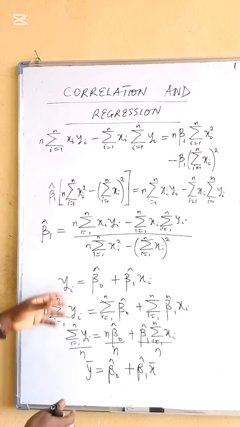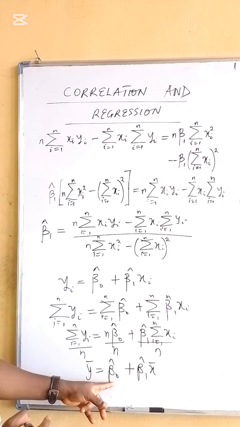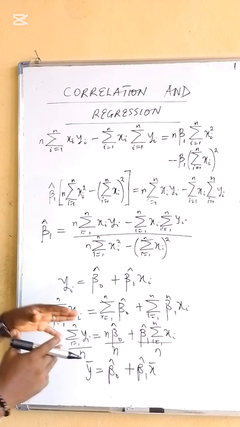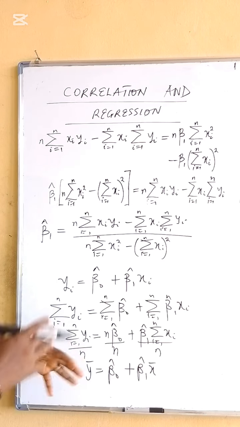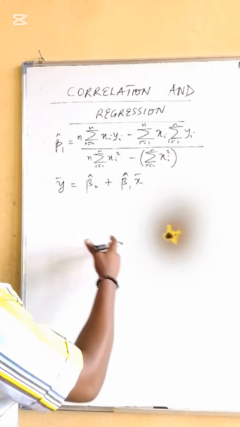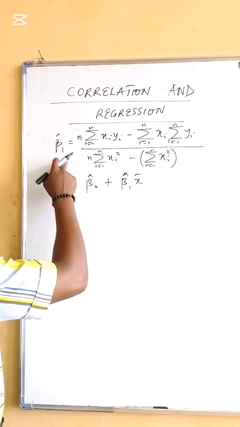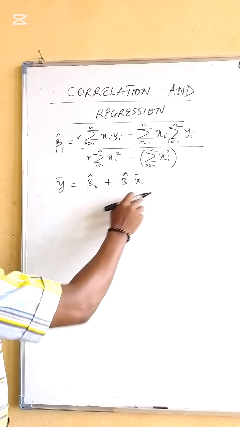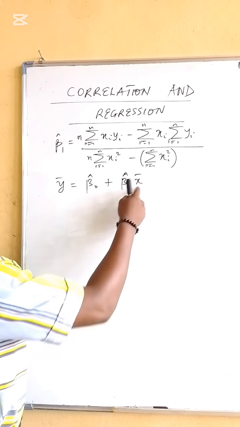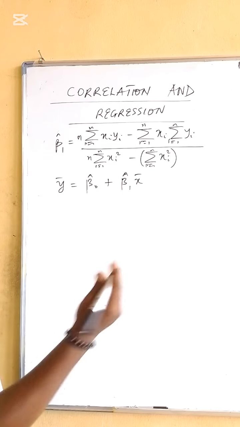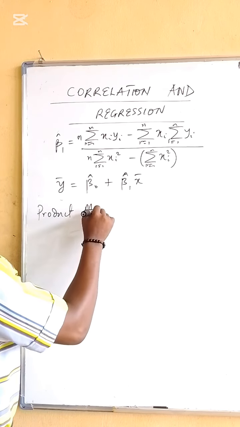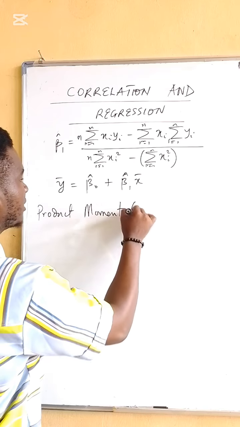So for you to now obtain beta naught cap, all you have to do is to make it the subject of formula from this last expression. That being said, let us now go to the product moment correlation coefficient. From our last results, we had obtained beta 1 cap to be this and y bar to be equal to this, from which one can obtain beta naught cap if you know the value of beta 1 cap, x bar, and y bar. So what we are going to be doing now is to go over to product moment correlation